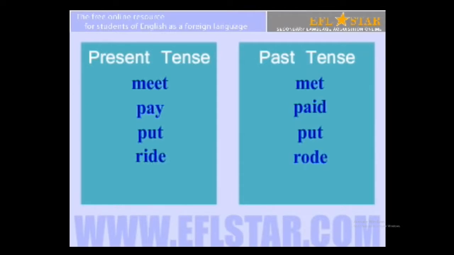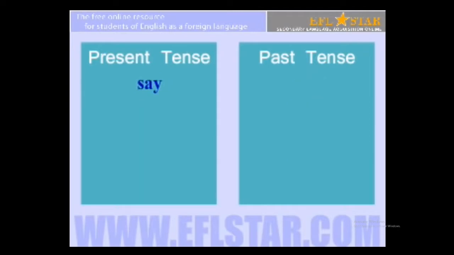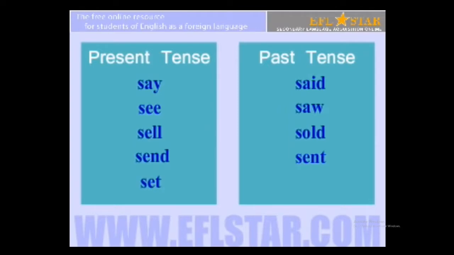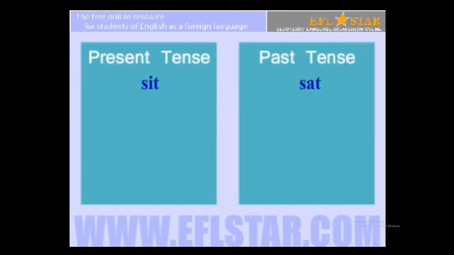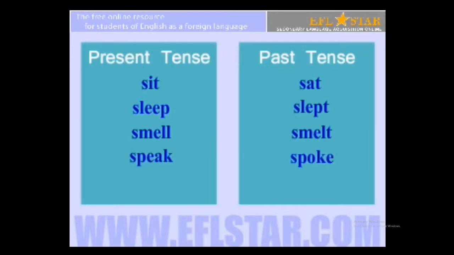ride, rode, run, ran, say, said, see, saw, sell, sold, send, sent, set, set, sit, sat, sleep, slept, speak, spoke, speed, sped,